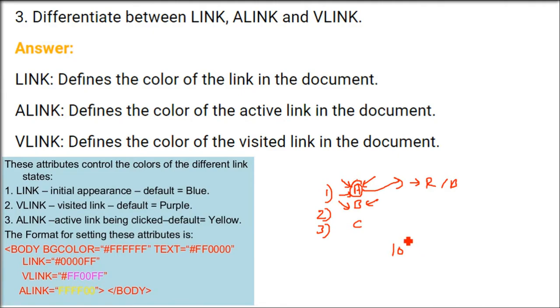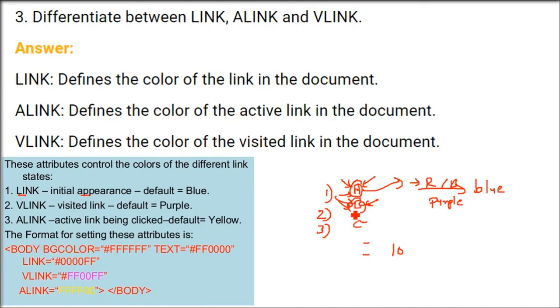If you have 10 or 20 or 30 links, the better thing is to do this in a colored way. When we have visited a link, it should be in a different color. When we have not visited it, it should be a different color. So link is the initial color, shown in blue, meaning we have not visited it. When you press it, we have already seen it, then it will be in purple color.